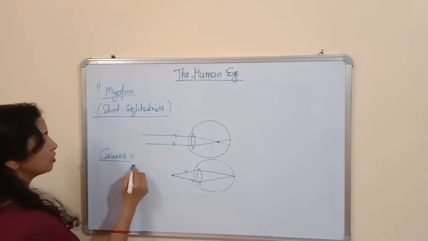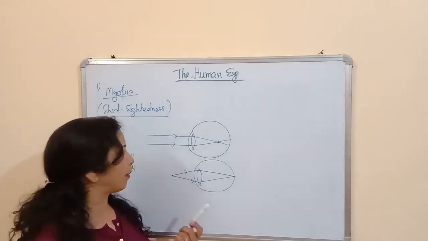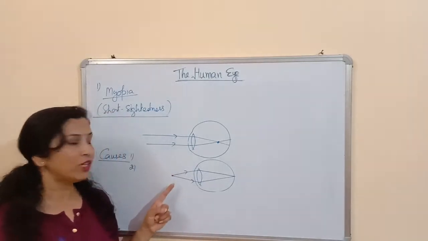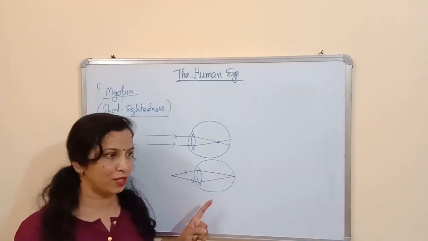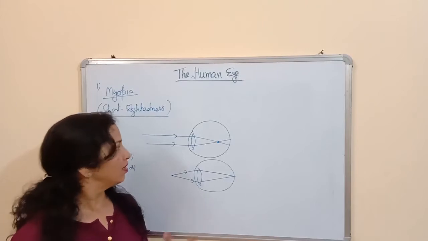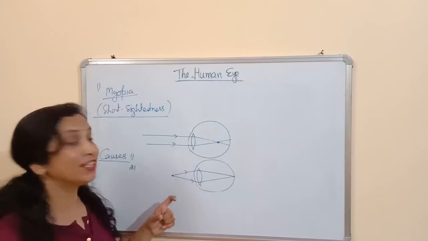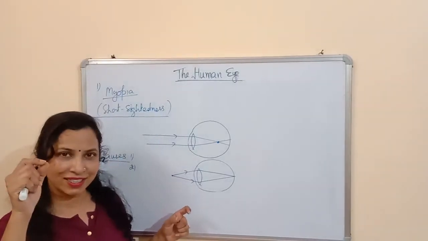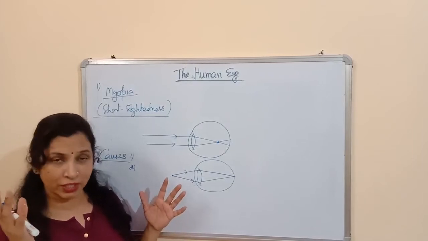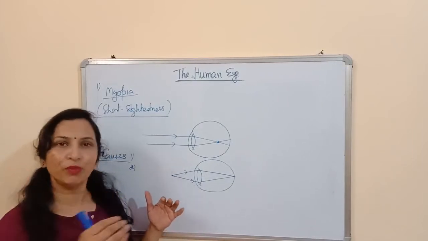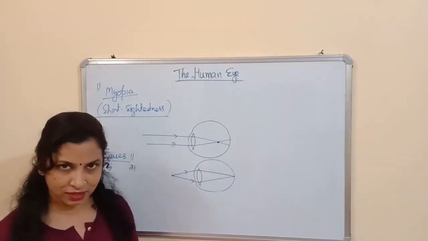What can be the second cause? Suppose nothing has happened to the lens itself. For the working of the lens, the ciliary muscles and the suspensory ligaments are responsible. Okay, sorry, I'm not getting the term. So the lens may not be working properly. It can be due to the improper working of the ciliary muscles or the suspensory ligaments.